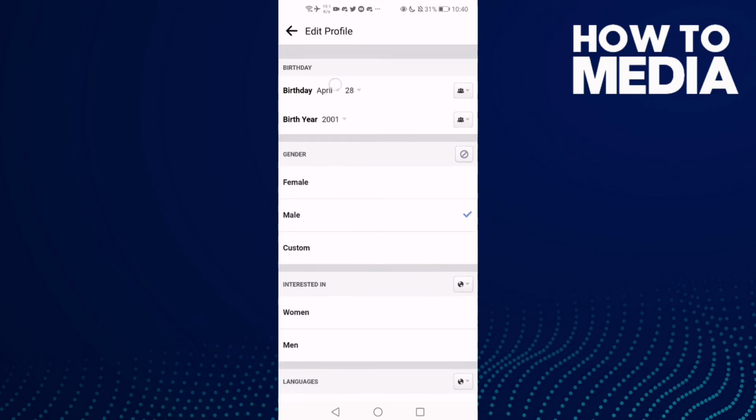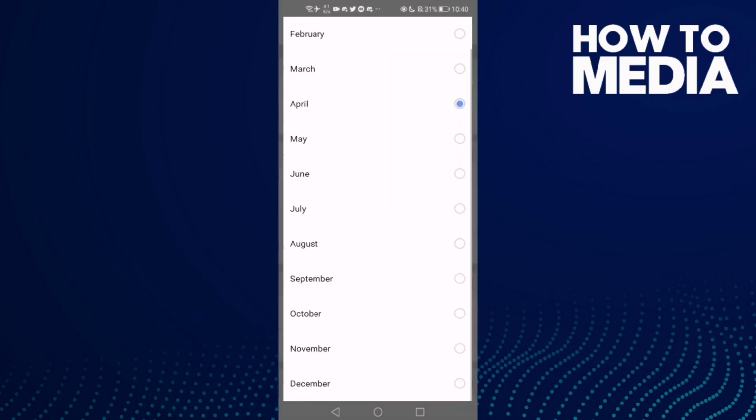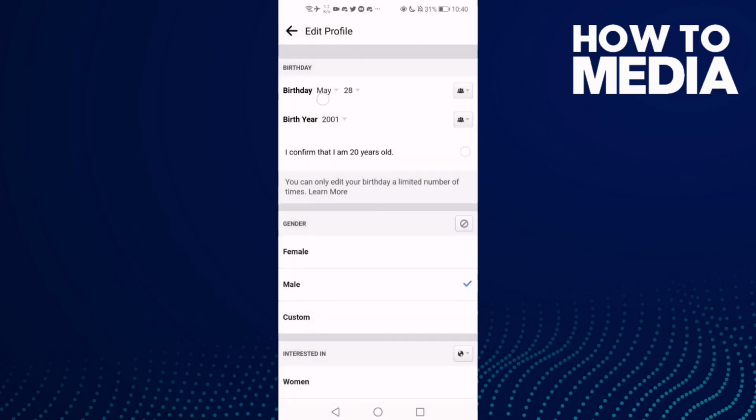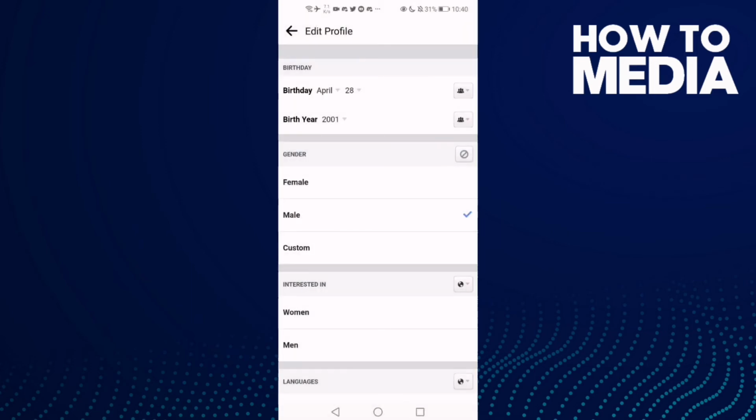And here you can find your birthday. Just click on it and change it, and just go back and it will be